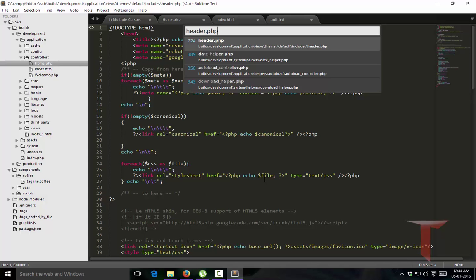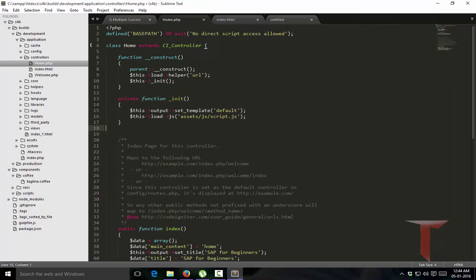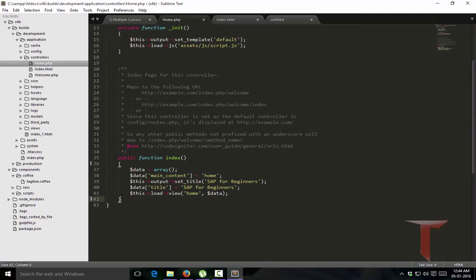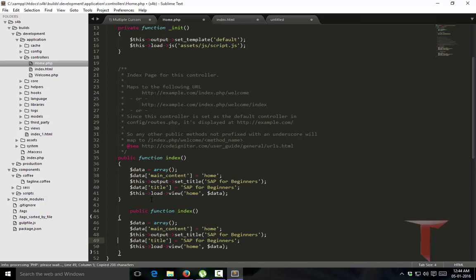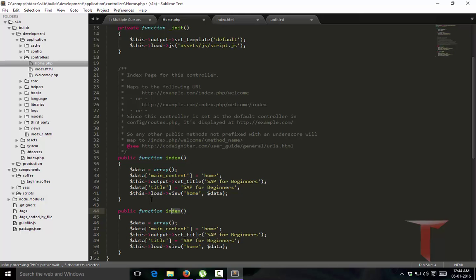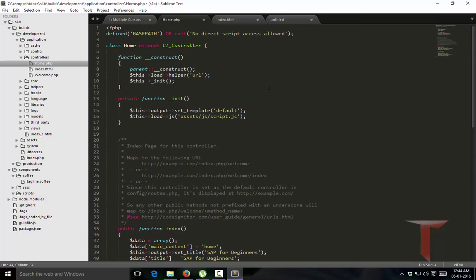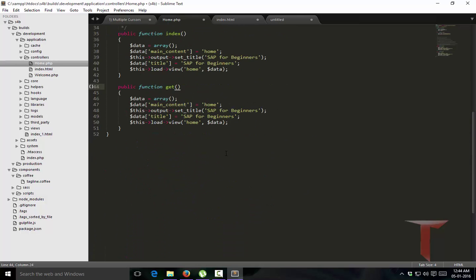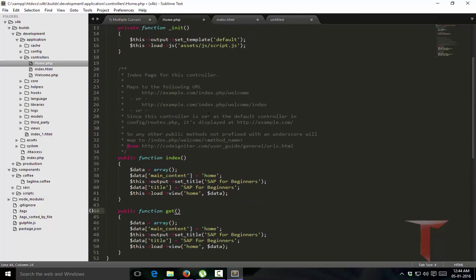Suppose let's say that this is the home.php file, and there are so many methods inside this particular home.php. Let's say I'm going to copy this one more time and just name it something else. Like that, there can be so many methods inside this particular PHP file, and if I want to access a particular method, I would have to go through each one of the methods and look for the appropriate one